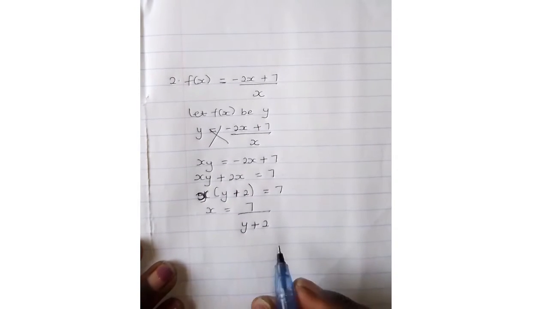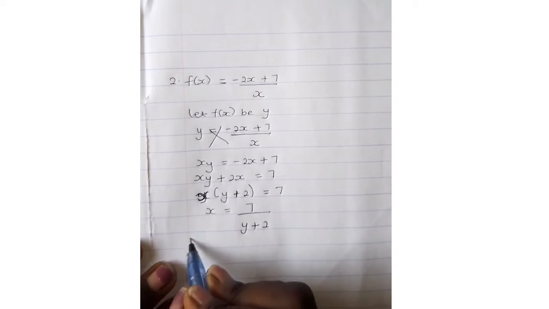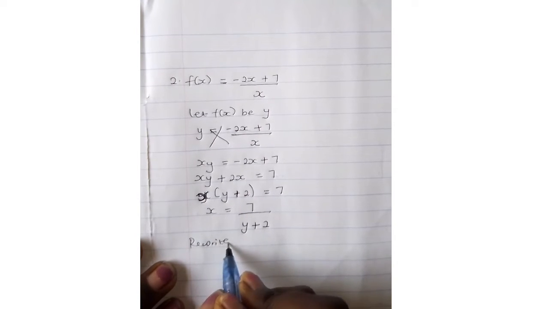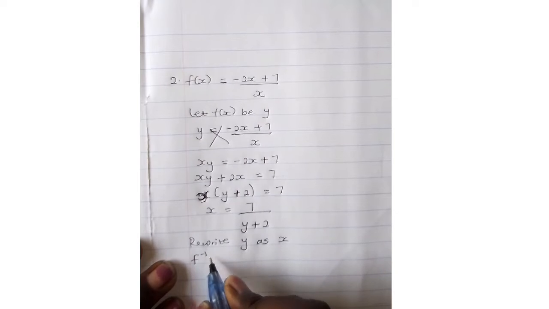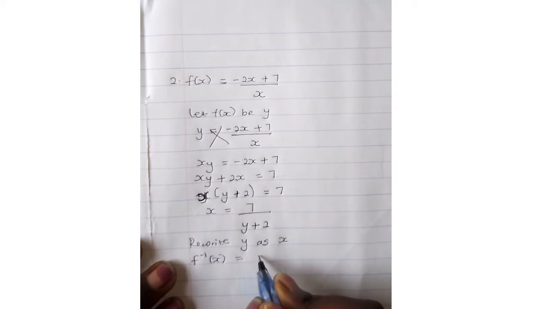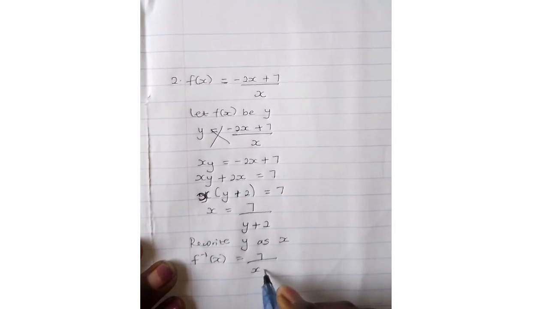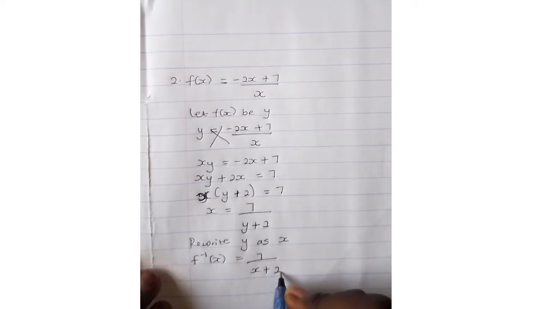So, therefore, you rewrite your y as x. So, therefore, f inverse of x is equal to 7 over x plus 2, under fraction. This is how you solve it under fraction. Now we're going to take